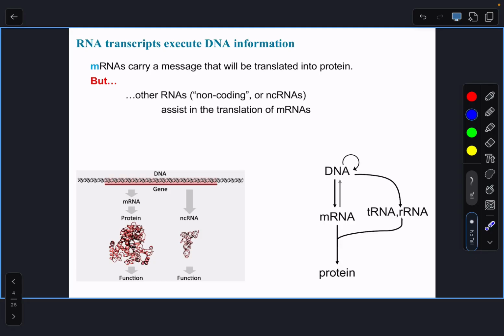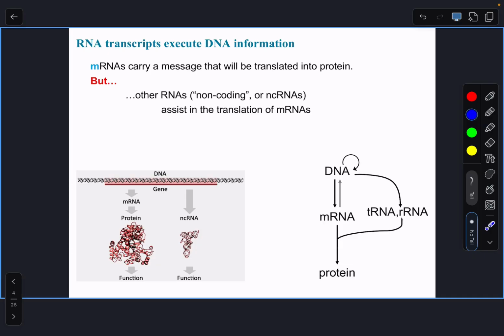So somewhat addressing what, even though you talked about non-coding DNAs, which is slightly different, and we can address that at a later point. But the point is that mRNAs, messenger RNAs, are the ones that get translated into proteins. But those are actually the minority of RNAs in any cell. The majority of RNAs that you'll find in any cell at any given time are non-coding RNAs, which I must say, it's a little bit of a misnomer, because non-coding RNA implies this idea that they have no function, that they carry no information whatsoever, which is not true. Non-coding is actually short for non-protein coding.